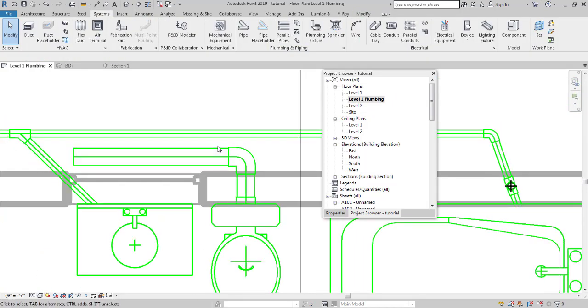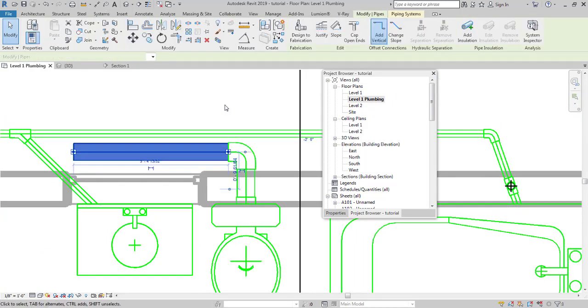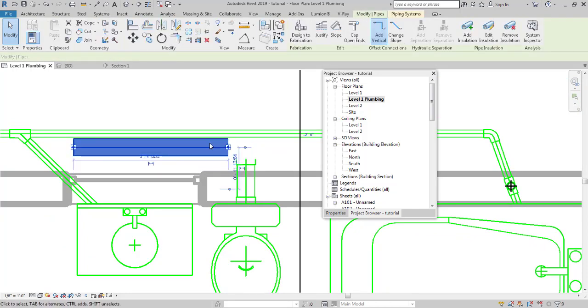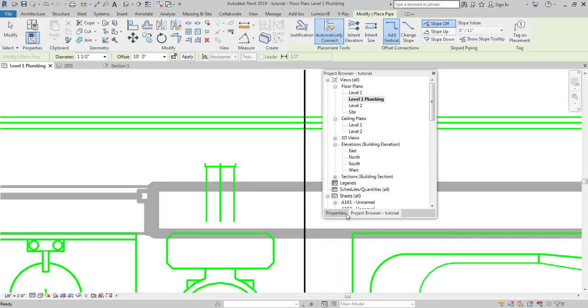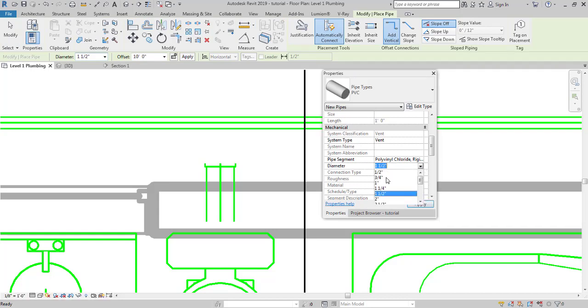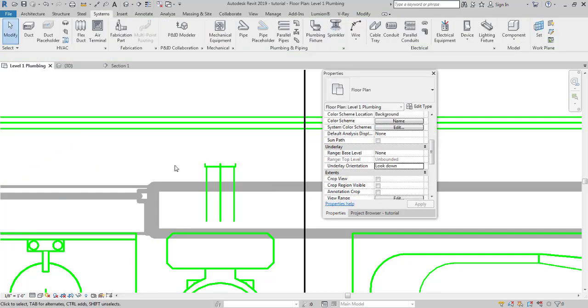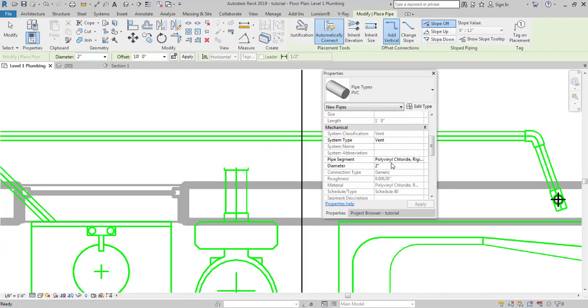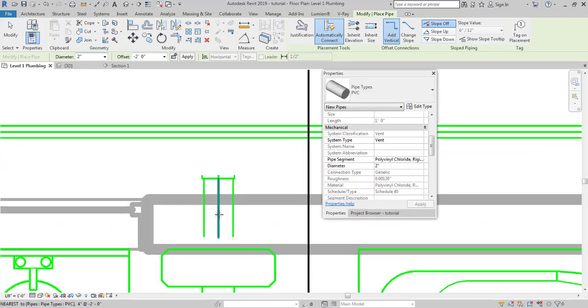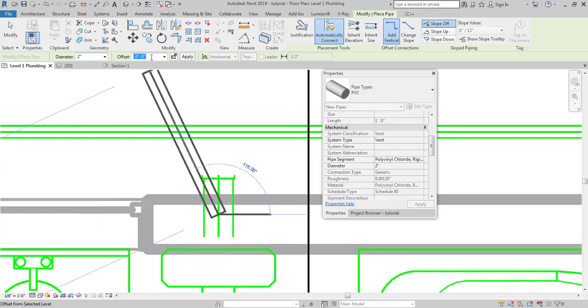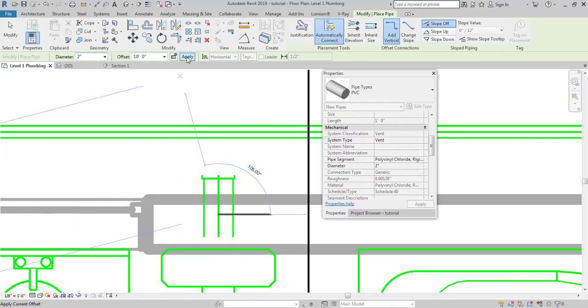This is the point where we like to add the riser. I would like to drag this pipe a bit outward, so I have a bunch of space. Select the pipe, properties, it's vent. I'll make the diameter 2 inches. Okay, no, first when you select the pipe, vent, polyvinyl chloride, everything is good. First you have to give it the first offset from where the pipe will start. It will start from -2 feet, because -2 feet is where this pipe is. This is the offset of the pipe. When you select it, go to the offset again, add in another value 10, click on apply.